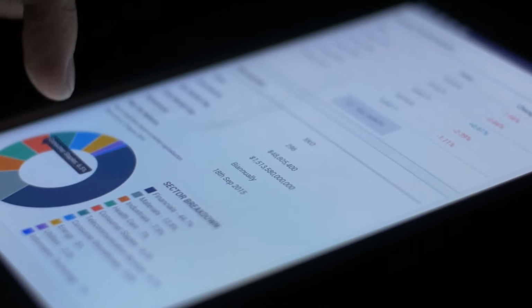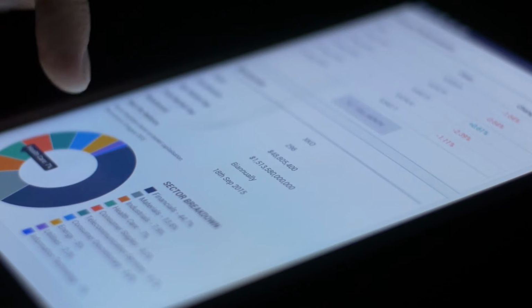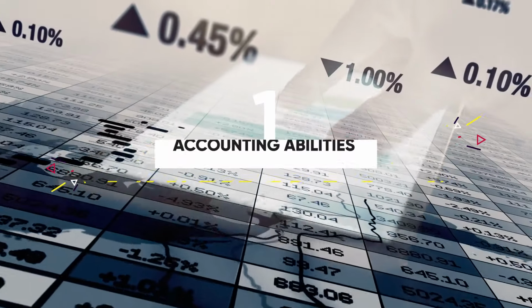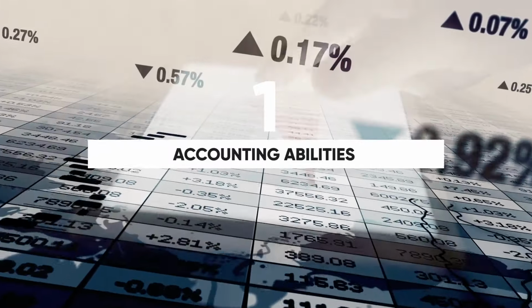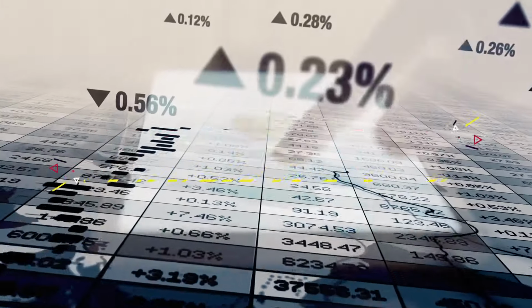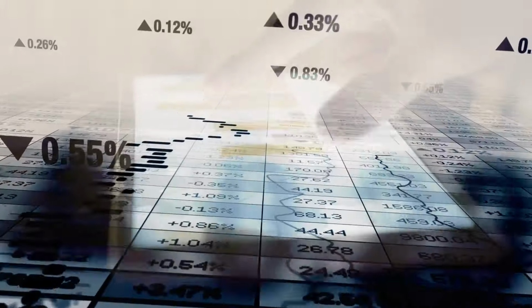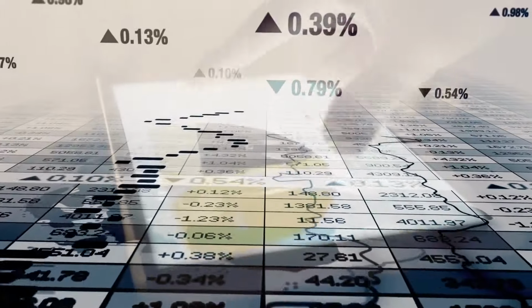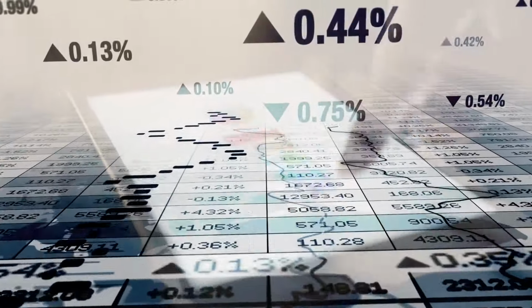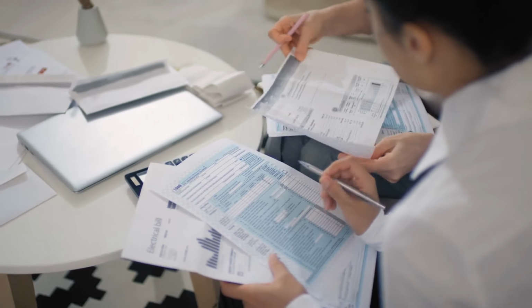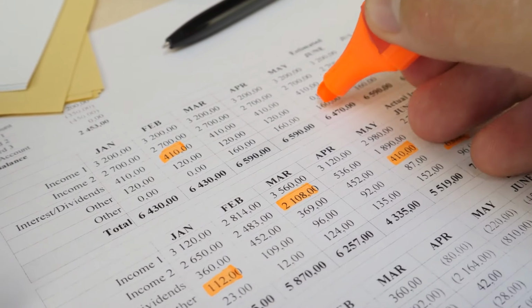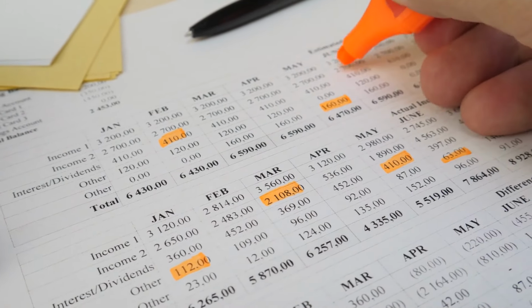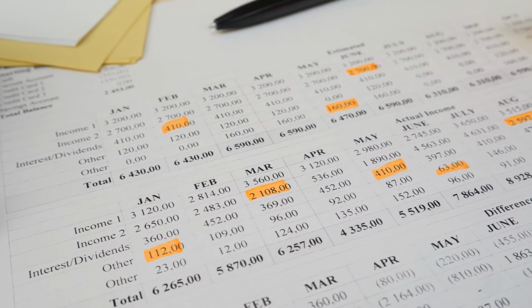Let's explore the top financial modeling skills in the market right now. Number 1. Accounting skills. To build a financial model, it's crucial to have a strong comprehension of accounting fundamentals. This incorporates ideas like matching principles, accruals, revenue recognition, and non-cash items like depreciation and amortization. You should have adequate accounting skills in order to read financial statements, analyze them, and build them back up again.